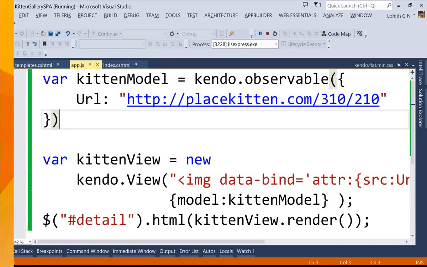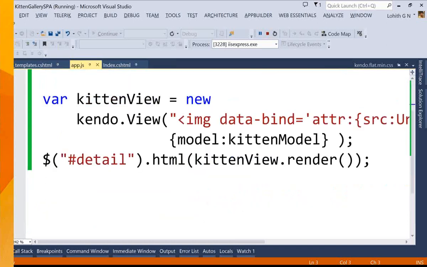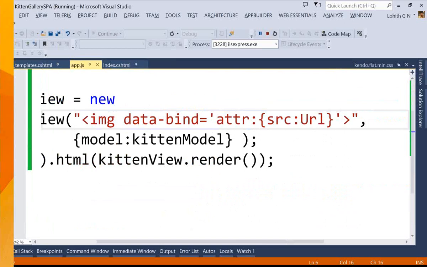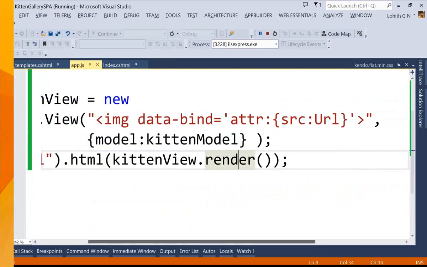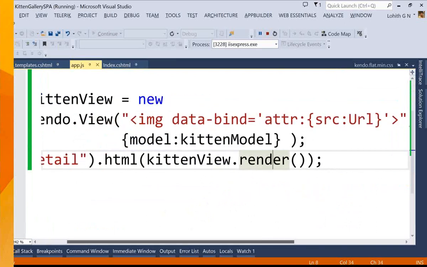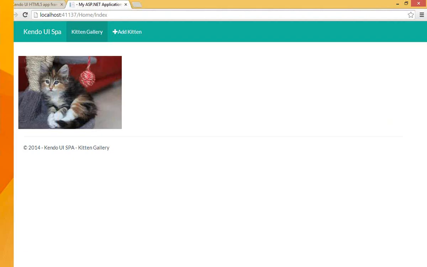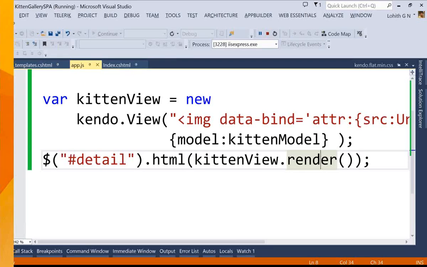Let me go back once again. I created a view model. I created the view, and did the data binding, and I said to the view, hey view, I will give you the data. The data is here, the kitten model. And then when you render, the Kendo UI will automatically look at the data binding and bind it and give it to you. Simple as that, right? So there you go. We are getting the images. But